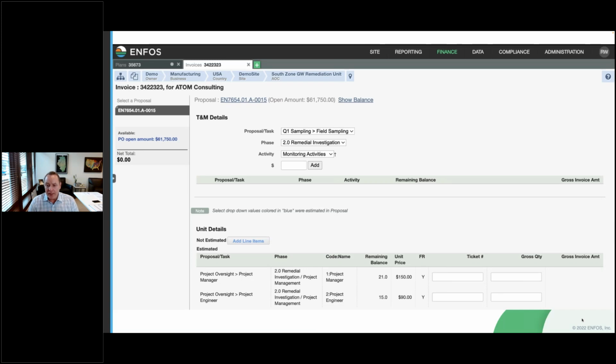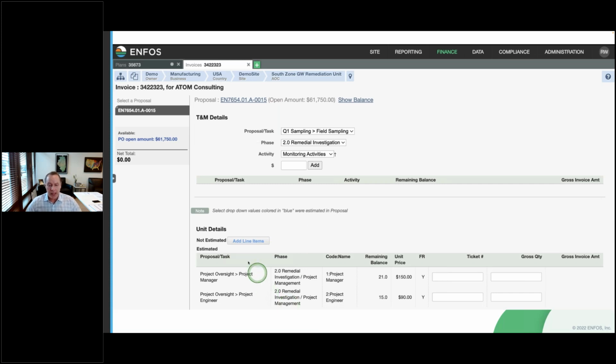This is an example of an invoice screen. And what I'm showing here is that now my invoice is lining up to that approved vendor proposal by task, by phase, and by activity, right? I can't invoice you as a supplier unless these tasks and phases and activities were in my approved work plan, which is that proposal, which weren't available to me to even select from if they weren't in the approved financial plan that controls all of this.